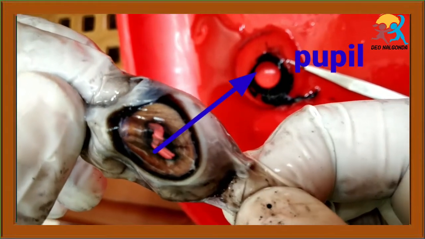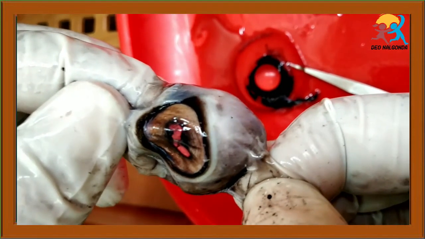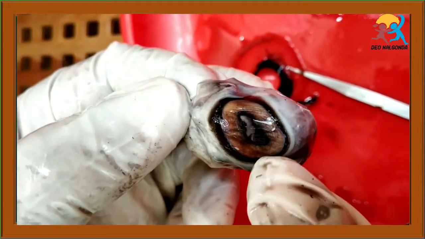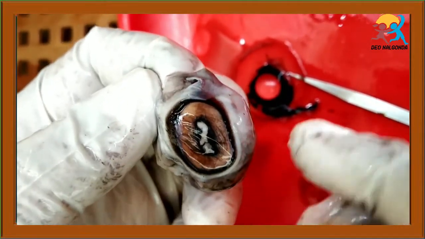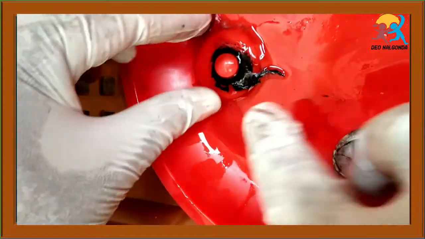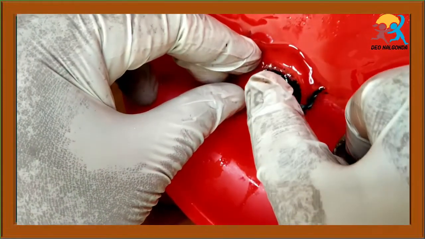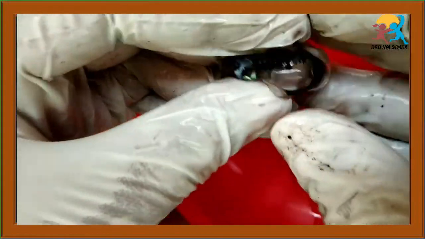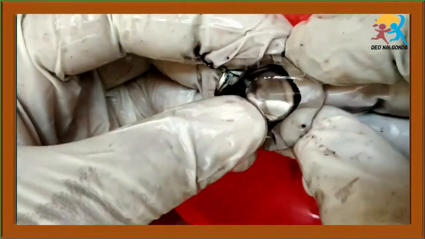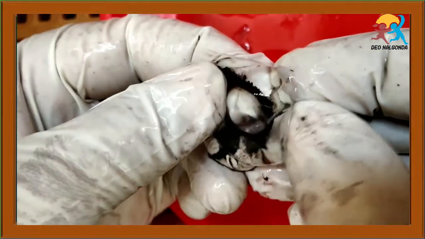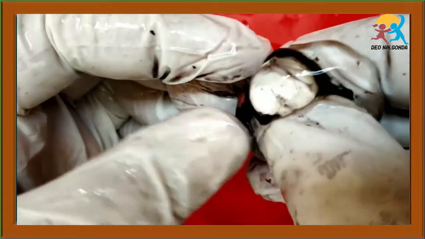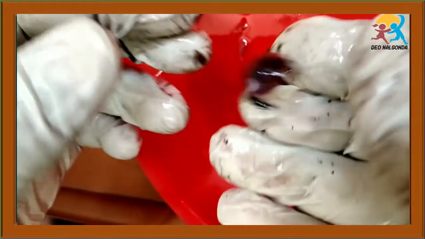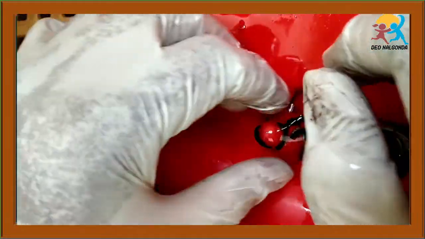Through the pupil only the light enters the eyeball. Later, through the lens, it reaches the final part, nothing but the retina. So thus you can find all the structures very clearly. Okay, so the posterior retina you found sky blue colored, and the black color layer. Now I am separating the lens from the vitreous chamber fluid, nothing but the jelly like substance. So very clearly you can see.